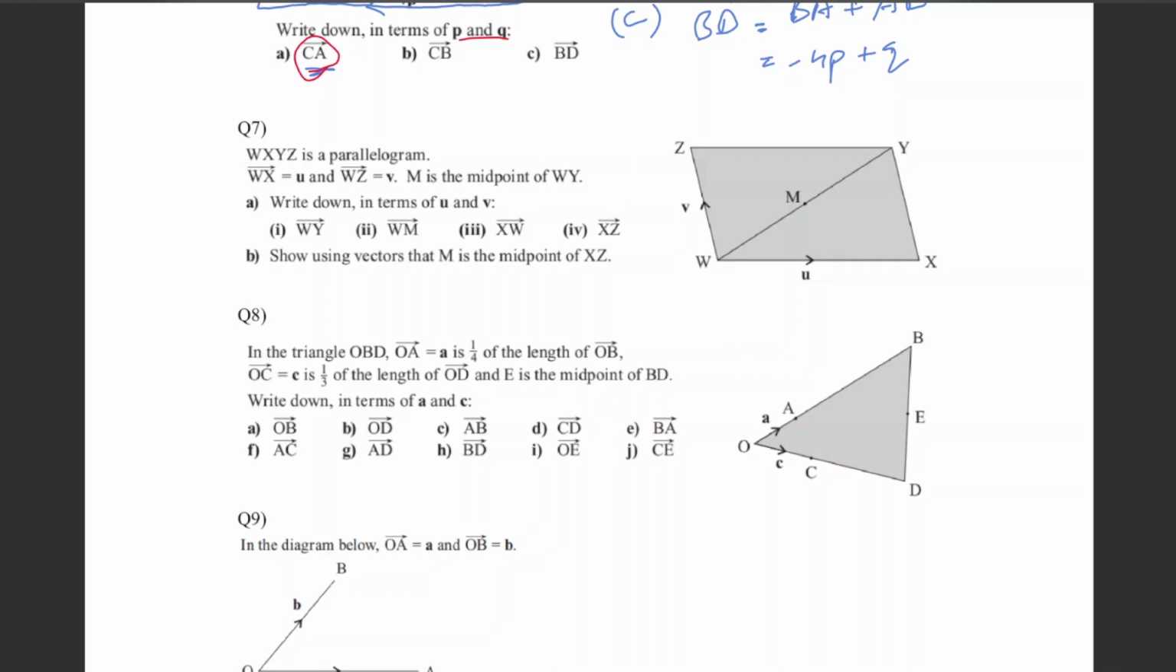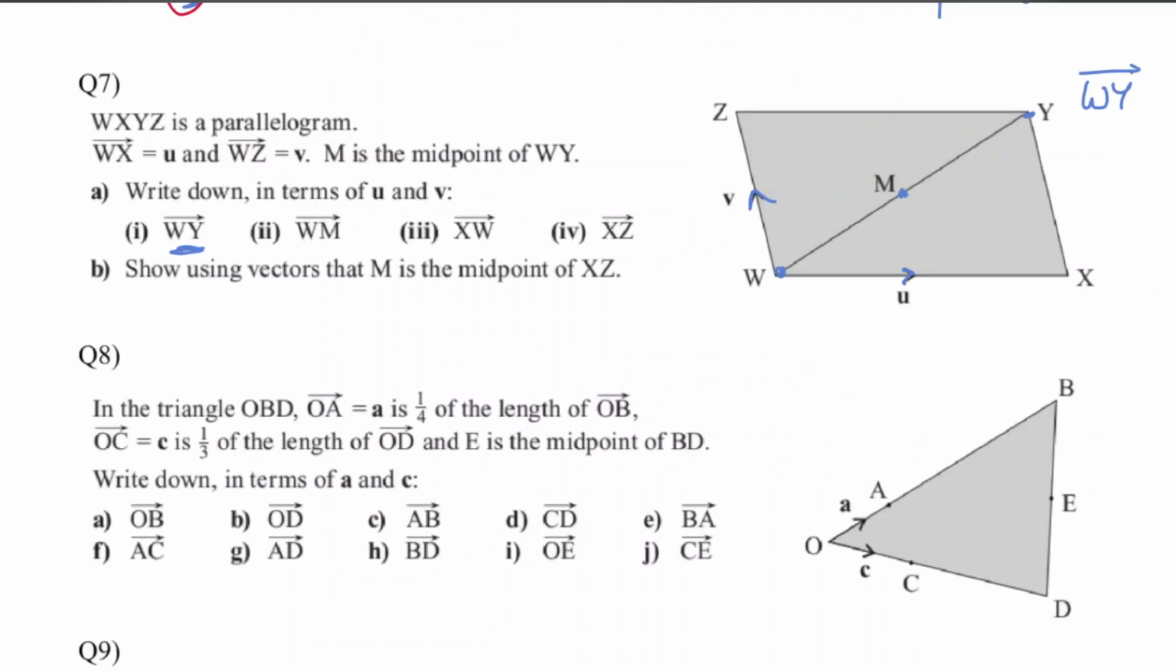So this is the parallelogram. In this parallelogram, it is given that Wx is u and Wz is v and M is the midpoint of Wy. We have to find out what is Wy. W to Y we are reaching. What is Wy? So Wy should be equal to